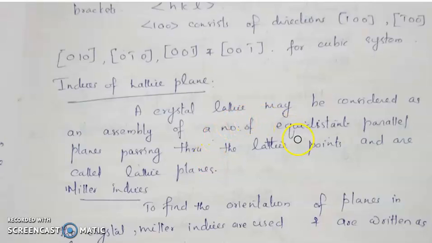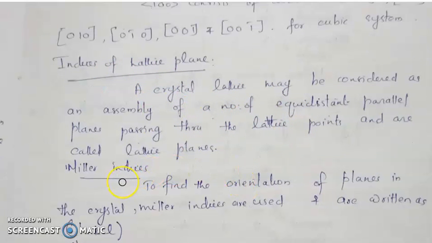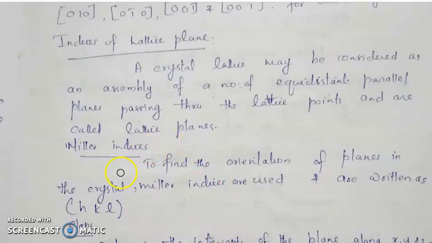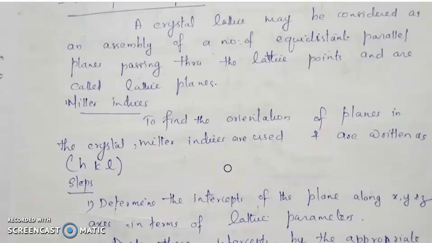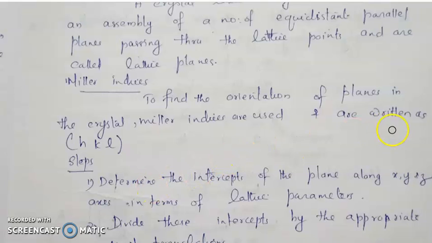And in order to represent the lattice planes, we are using certain indices, and one of the indices used to represent these lattice planes is the Miller indices. First of all, in order to find the Miller indices, we have the following steps. To find the orientation of planes in the crystal, Miller indices are used and are written as (hkl), and these steps are